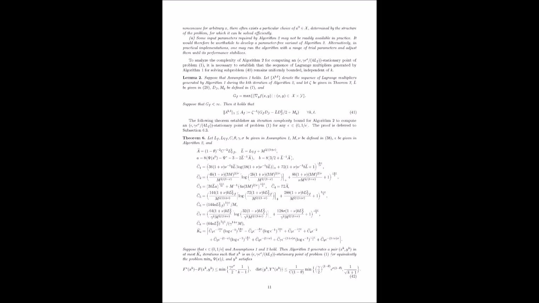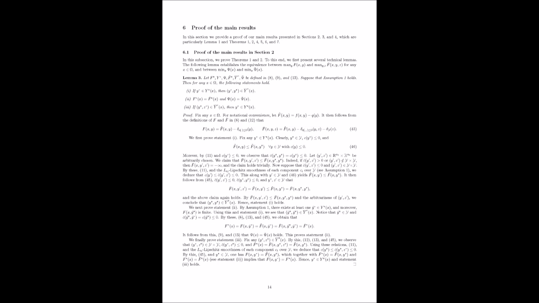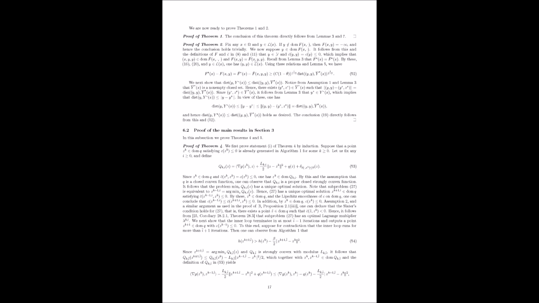Mathematically, the directional derivative ⟨∇c_j(z), y − z⟩ must be strictly negative for all j where c_j(z) = 0. Correct. Think of it as requiring that the feasible region doesn't have sharp outward pointing cusps. There's always a way to step slightly inwards. And why is this important here? It's primarily needed to guarantee that the Lagrange multipliers associated with the constraints are well-defined and, more importantly, bounded. Boundedness of multipliers. That sounds important for numerical stability and convergence proofs? It is absolutely essential, especially for the analysis of the SCP method, algorithm 1, which explicitly computes or uses these multipliers. If MFCQ fails, the multipliers could theoretically go to infinity and the whole analysis collapses.